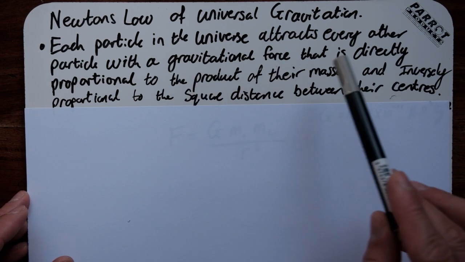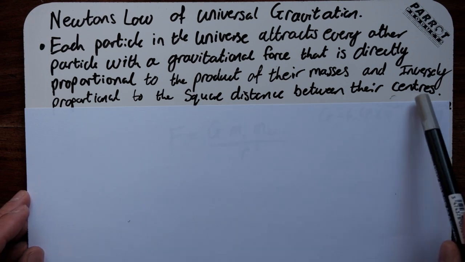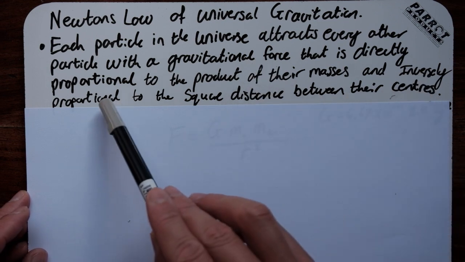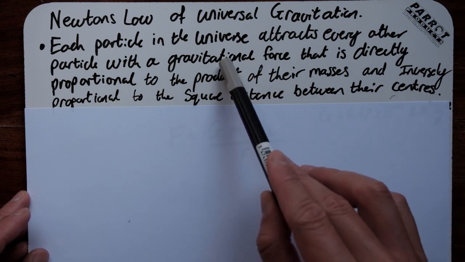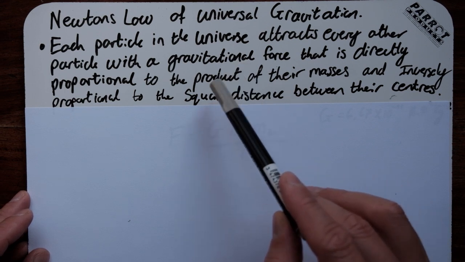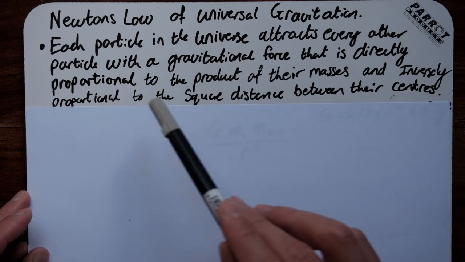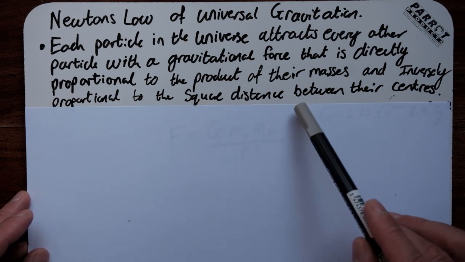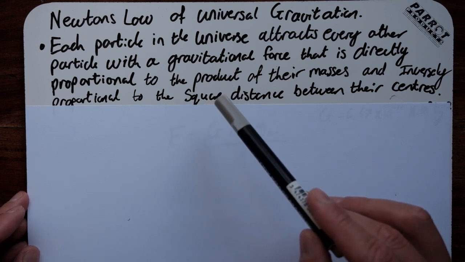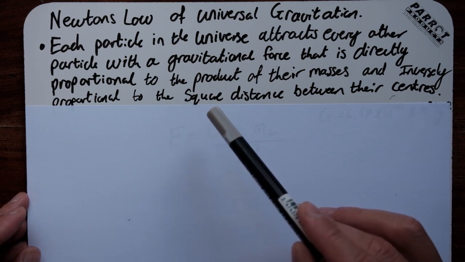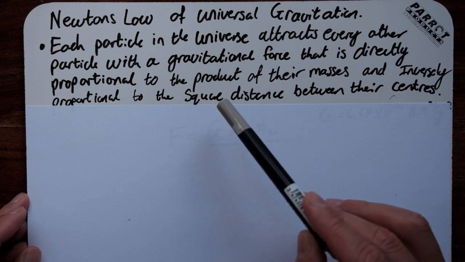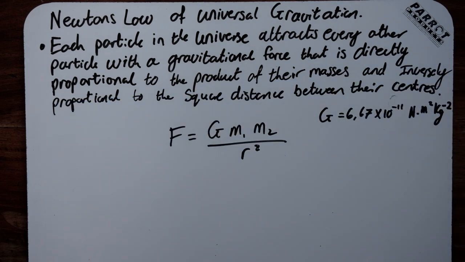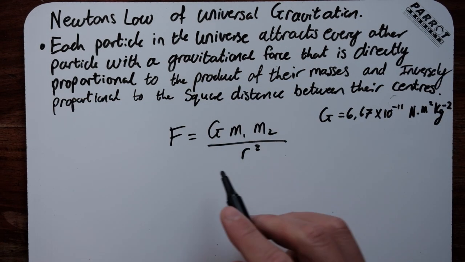And the gravitational force is inversely proportional to the square distance between their centers. That means that as the distance increases, the gravitational force will decrease, but not in a proportional way, in an inversely proportional way to the square distance. Not just the distance. The square distance tells us that if we change the distance, it will change exponentially, not in a linear fashion. Now, the equation which you need to know for Newton's law of universal gravitation is this: